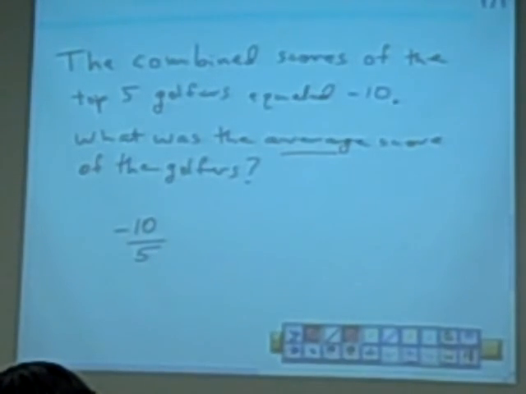So we know that 5 can go into negative 10, and that gives us negative 2 over 1. So our answer is going to be